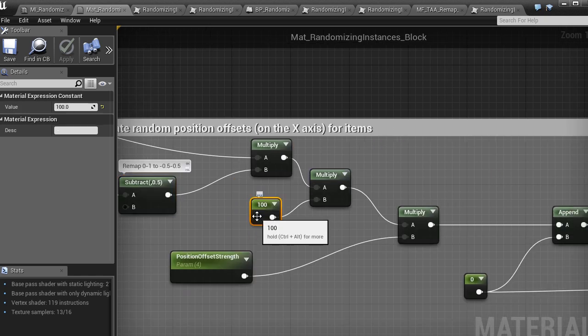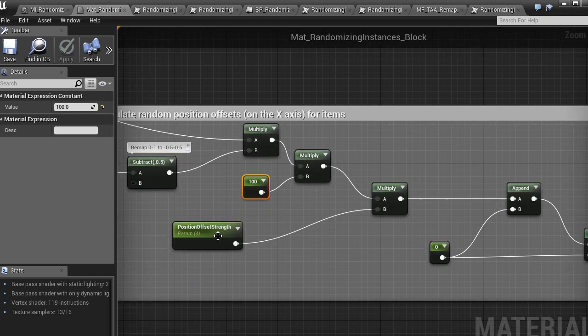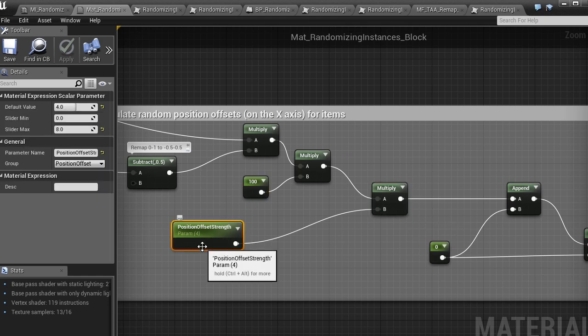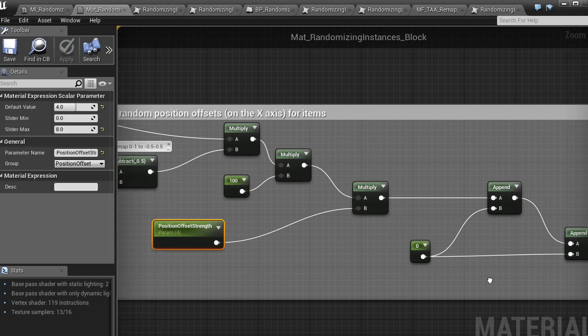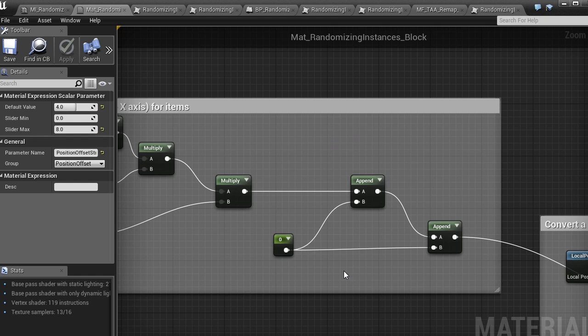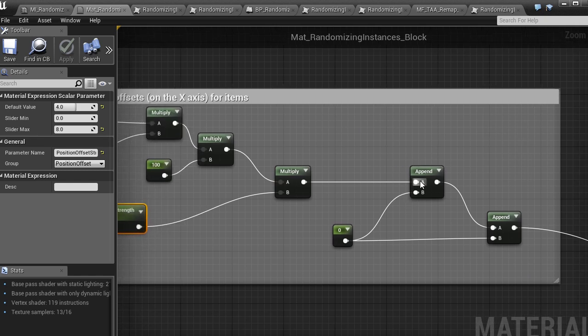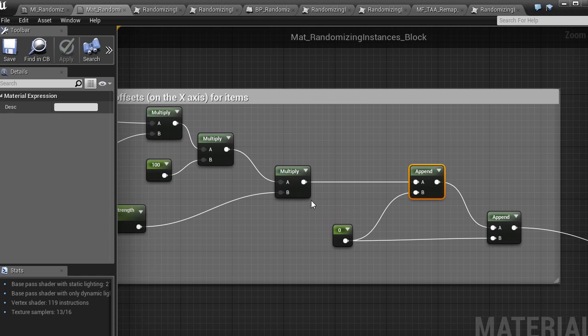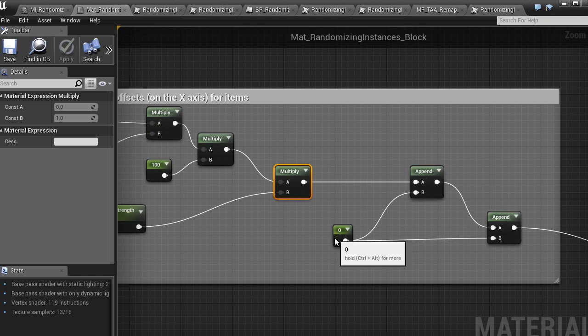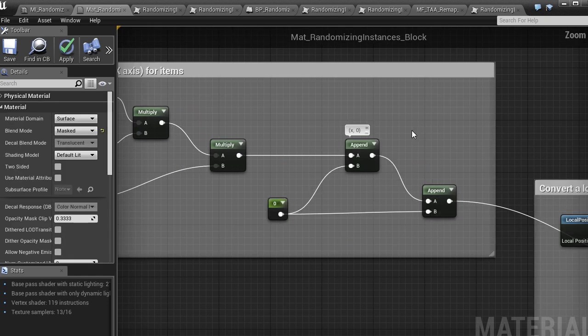Then I multiply it just for convenience by 100 and multiply the resulting value by the position offset strength. Now it's only the value on the x-axis, while we need a full vector of 3 to move the final position offset. So the append node will first take the scalar number, a single number, and add a 0 to it as a second component. The append node adds another component to the value, making it a vector of 2, and from a vector of 2 making a vector of 3.